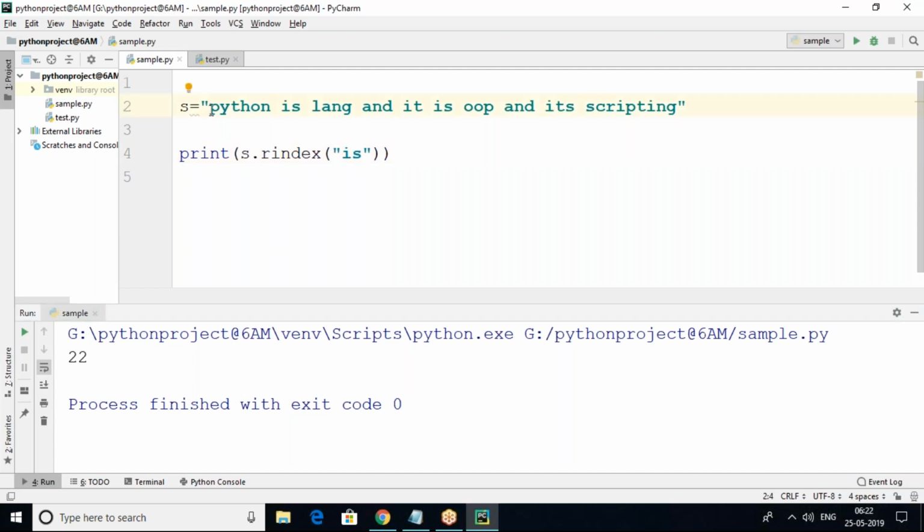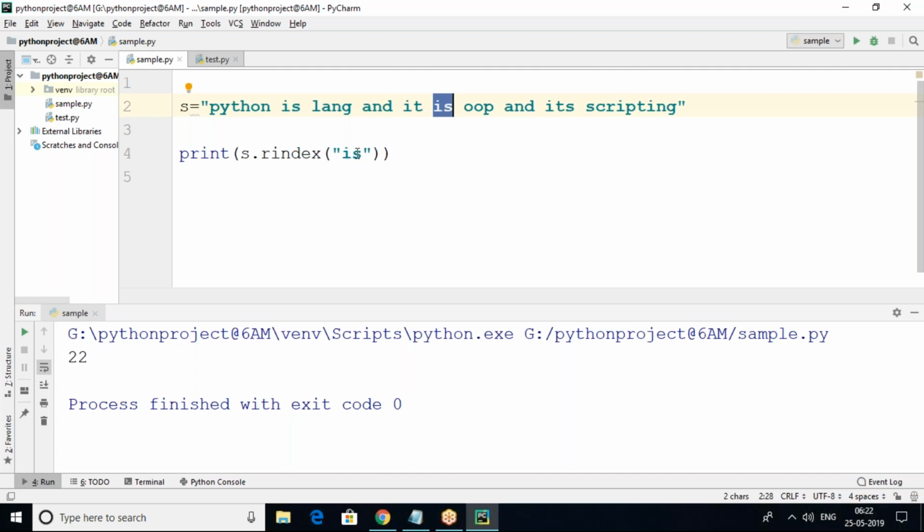Here 0, 1, 2, 3, 4, 5, 6, 7. Seventh index is there. 22 index is there. So the highest index is 22. The highest index of the substring will be returned. Here two substrings are there. Which one is the highest index?